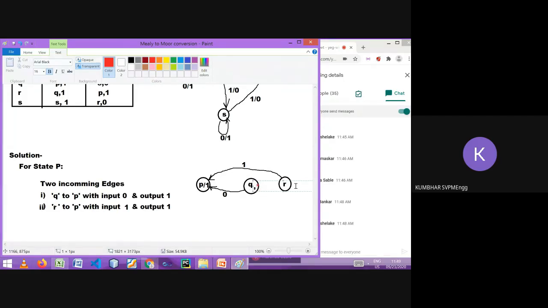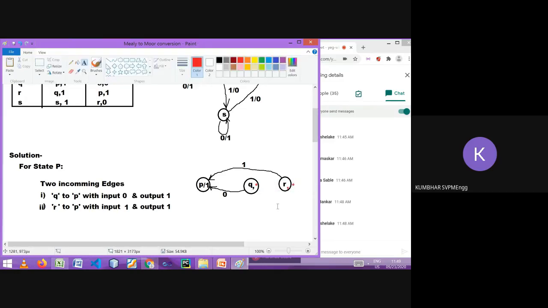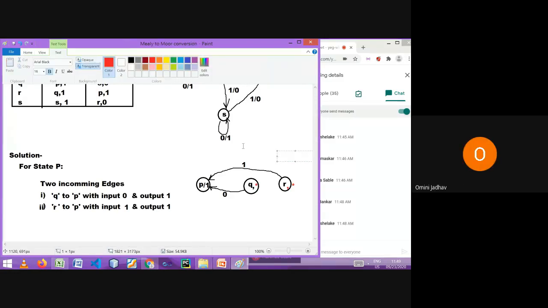Let me give a star here for understanding. This P and Q, or Q and R, are not complete states. When we process Q and R, as we have now processed P, then this information will be complete. I am giving a star here to show that this is not complete.